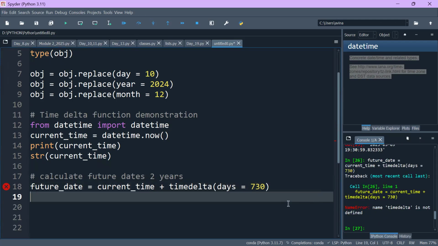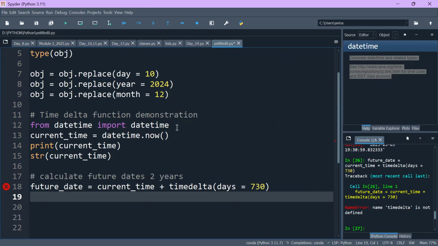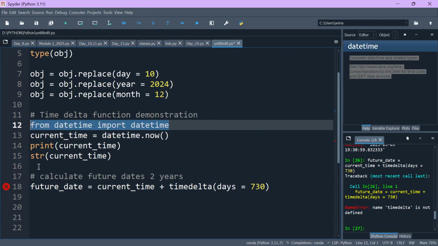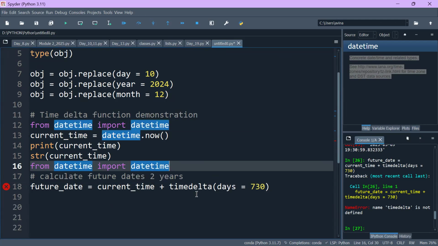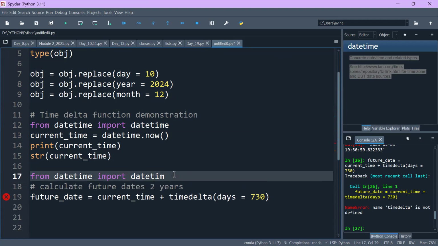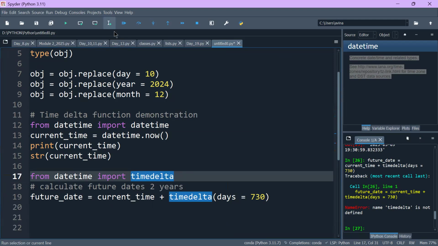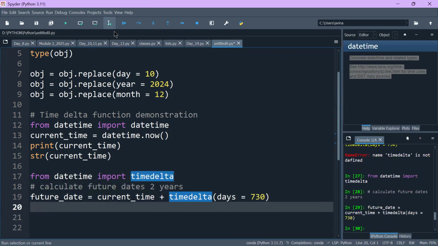Now let's execute it. Oh, time delta is not defined here. So I have to import time delta again here. Sorry, my bad. From date and time, import time delta. Okay. Now if I execute this, and if I print here,